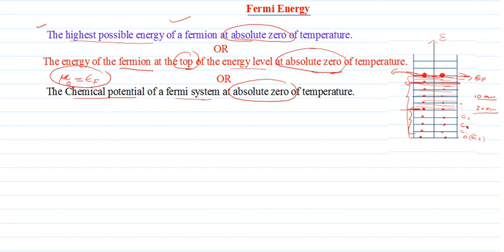You can see that this is empty, and there won't be any vacancy left below EF. So all the levels are completely filled. Now, in order to understand better the concept of Fermi energy, we can take our example of the Fermi-Dirac